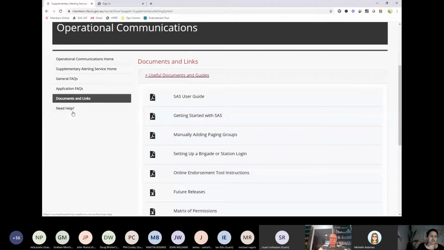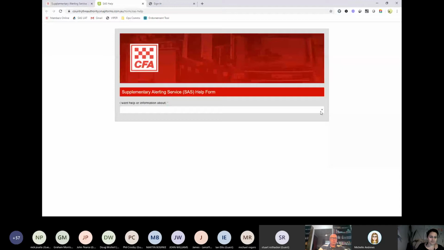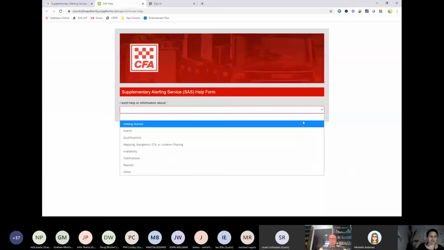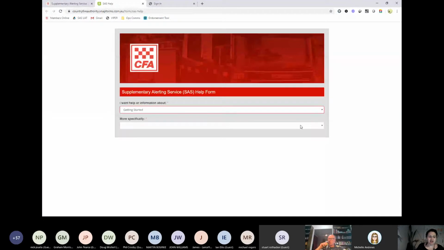So by clicking into this link, it will direct you through to the Sas Help Form, where you'll be able to navigate through to the more pertinent frequently asked questions for your particular inquiry. There's also pathways to submitting information through to the Sas Help Desk for assistance. So, for example, if you wanted a brigade or a station login to display the Sas dashboard at your brigade, you would just simply click through the relevant options here